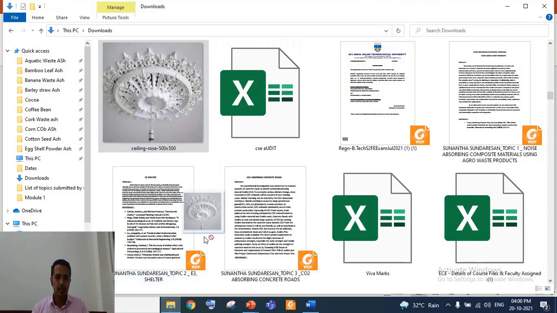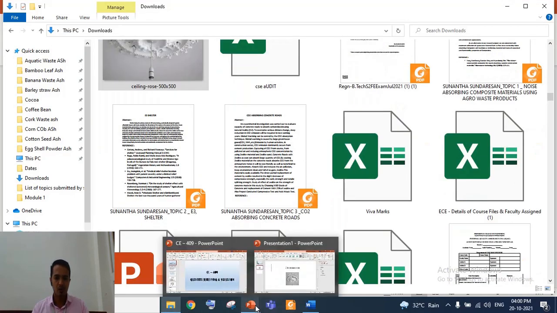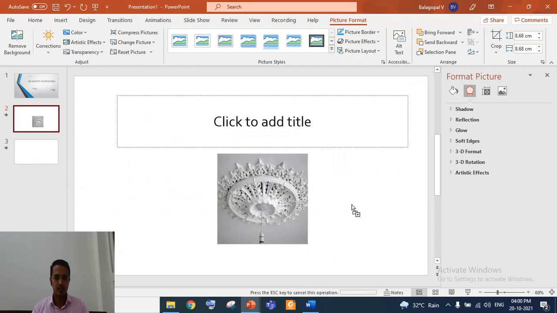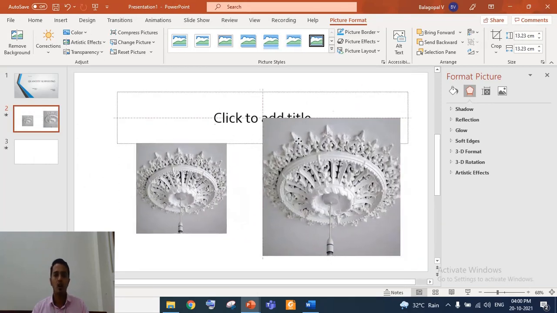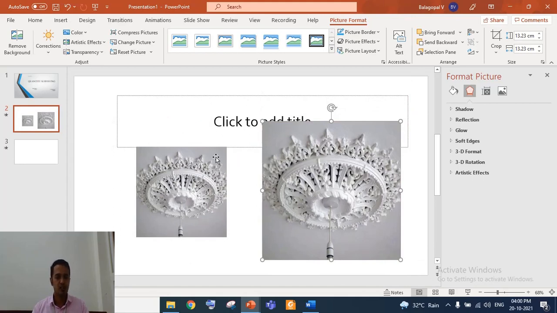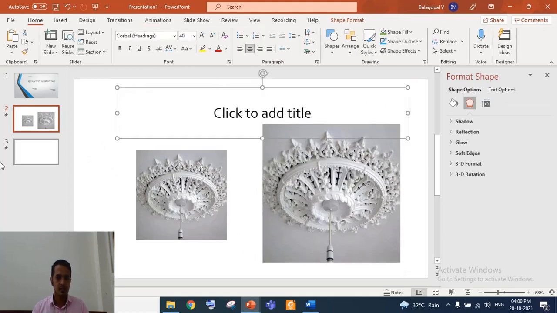You can simply copy the picture from your folder to the presentation, so it will be copied. So these are the two options of copying a picture from your folder to your slide. You should give a proper title.